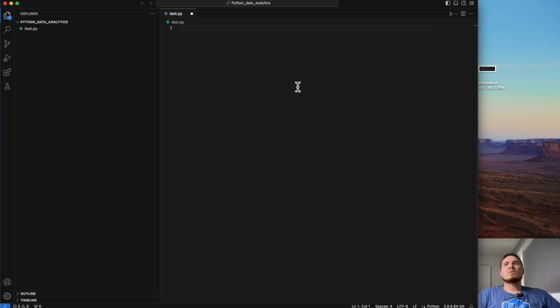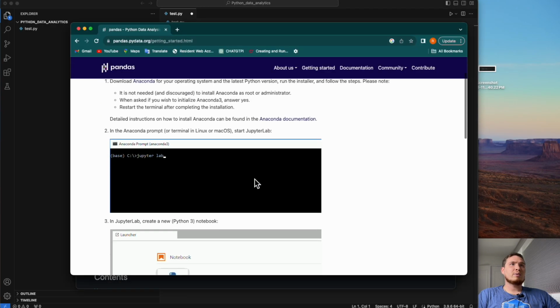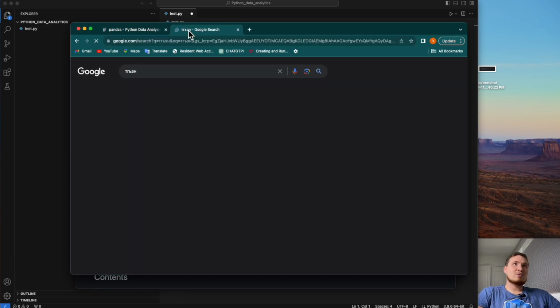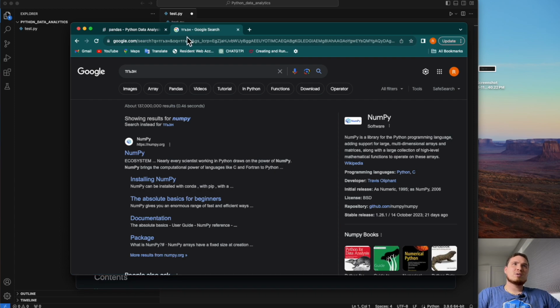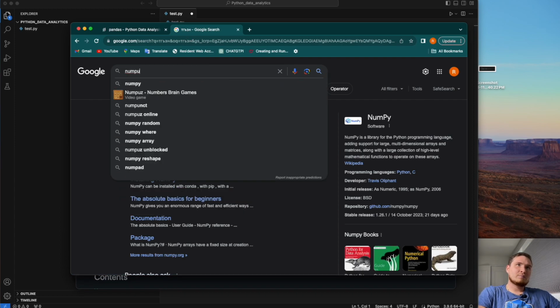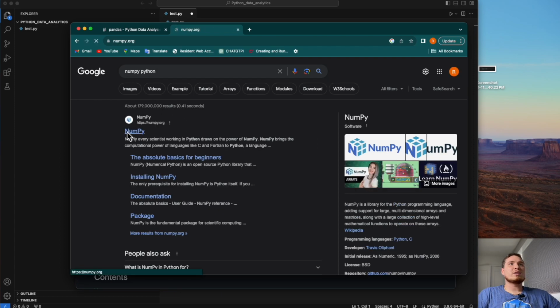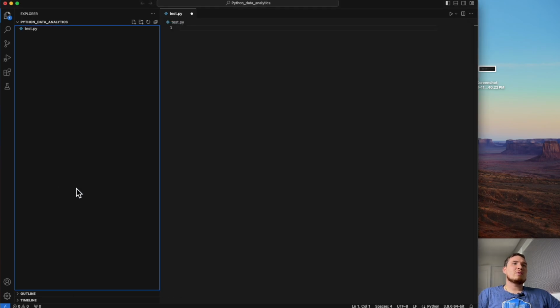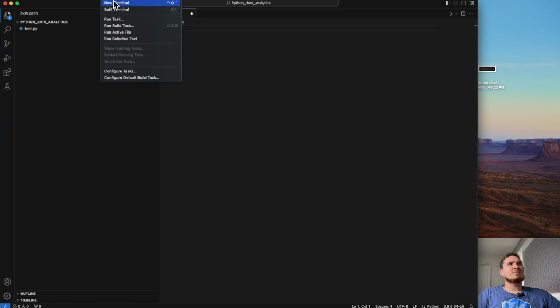As soon as we have installed Folium through pip3 install, we want to see what kind of methods Folium or NumPy or Pandas have, because we don't know. Even me, I don't know everything. I cannot memorize everything. One of the options is to search in the documentation. Right here in the documentation you can search about Pandas, NumPy we have installed. Oh, I switched to the wrong language. NumPy. You can read documentation, right? You can read it. But if you are in the process of building something, you don't want to go back and forth all the time.